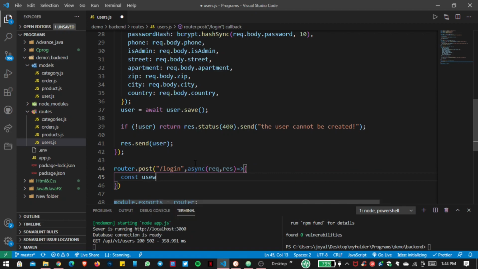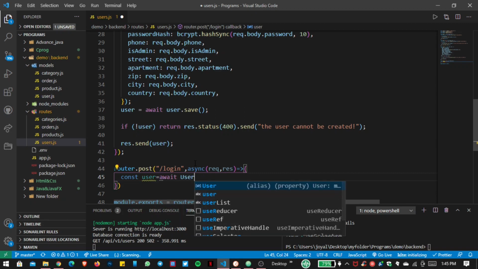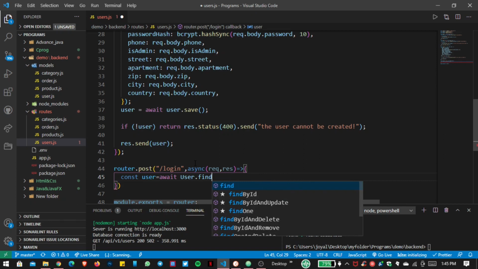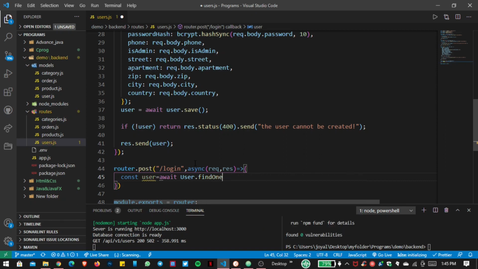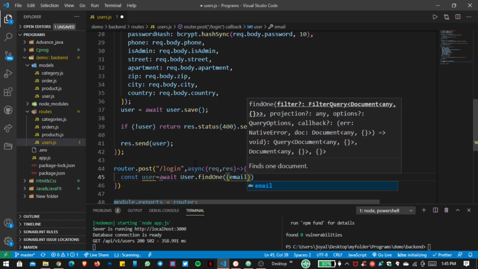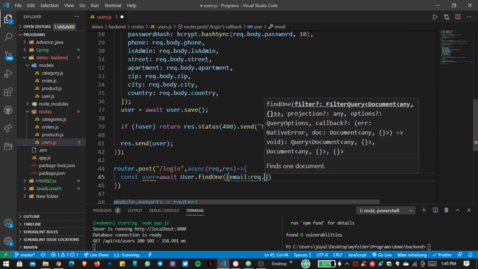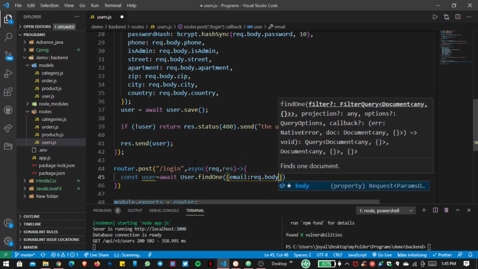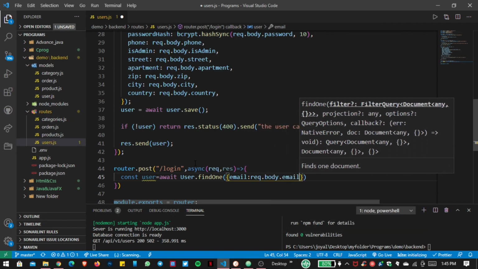Create a variable for our user. We get this from the model, and we have to use the findOne function. So we find our user according to his email. For that, I pass here email: request.body.email,